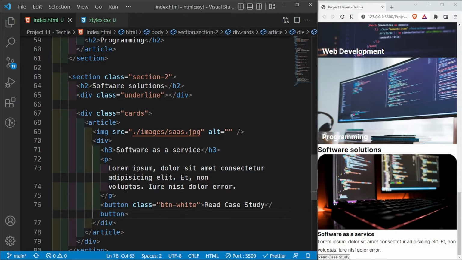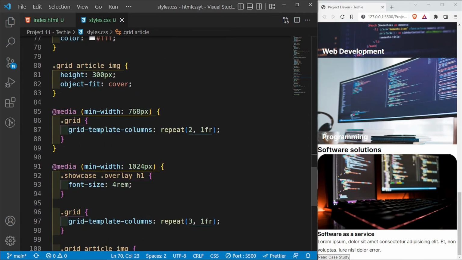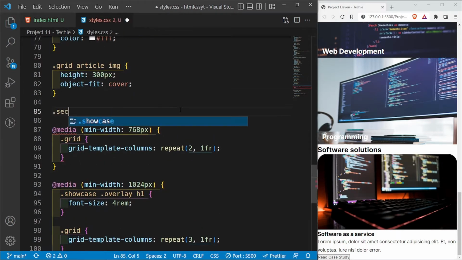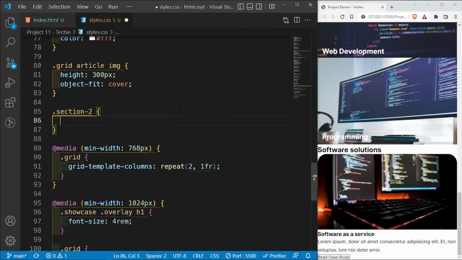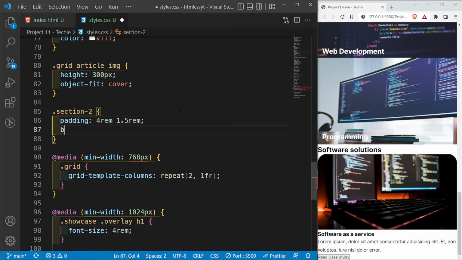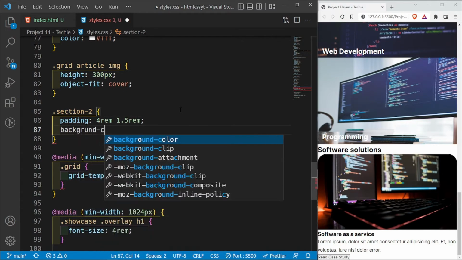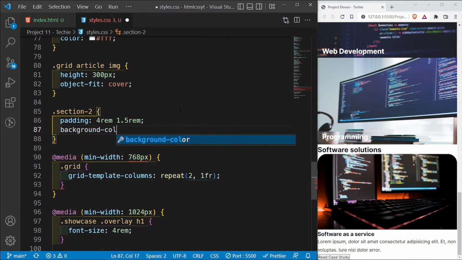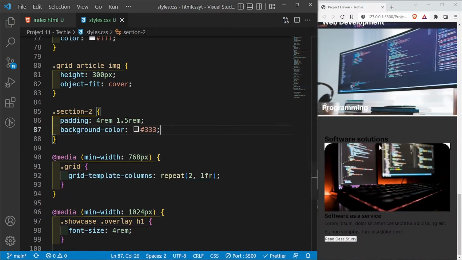So inside here I want to go into section 2. So right above this I'm going to say that for the dot section 2, add a padding of 4 rem on the top and bottom and 1.5 rem on the left and right. Add a background color of #333, so that we're going to have this. Okay,